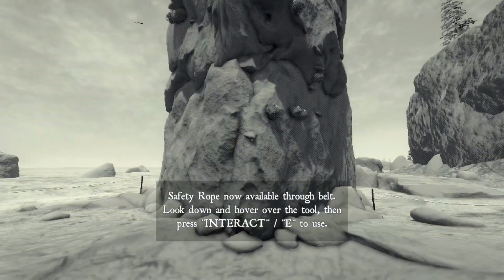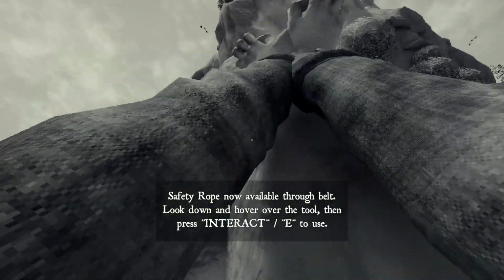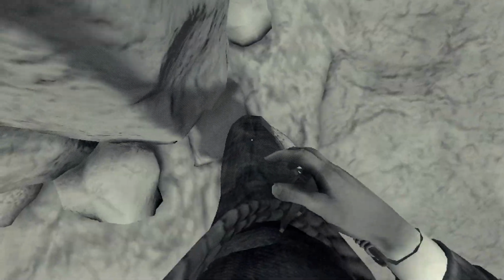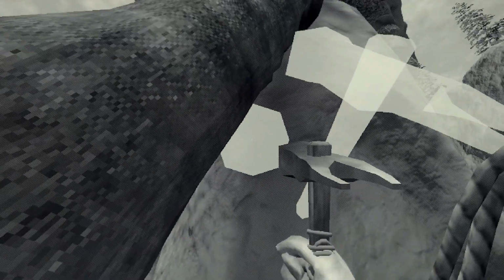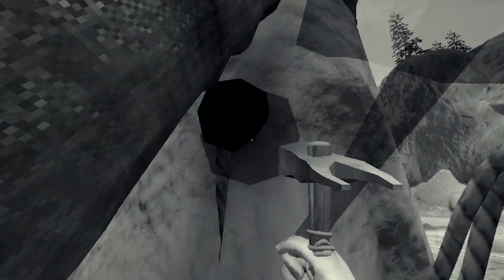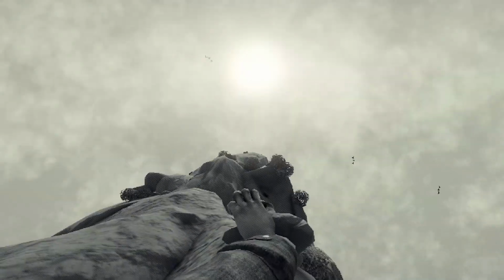I looked in the settings. There's no keybinds for the rope or anything. There's keybinds to climb up the rope and stuff, and to detach from the rope. But in order to detach from a rope, you have to press E on it instead of just pressing T, which is the default keybind. So yeah, it was really awkward to have to manually go down and grab a rope.